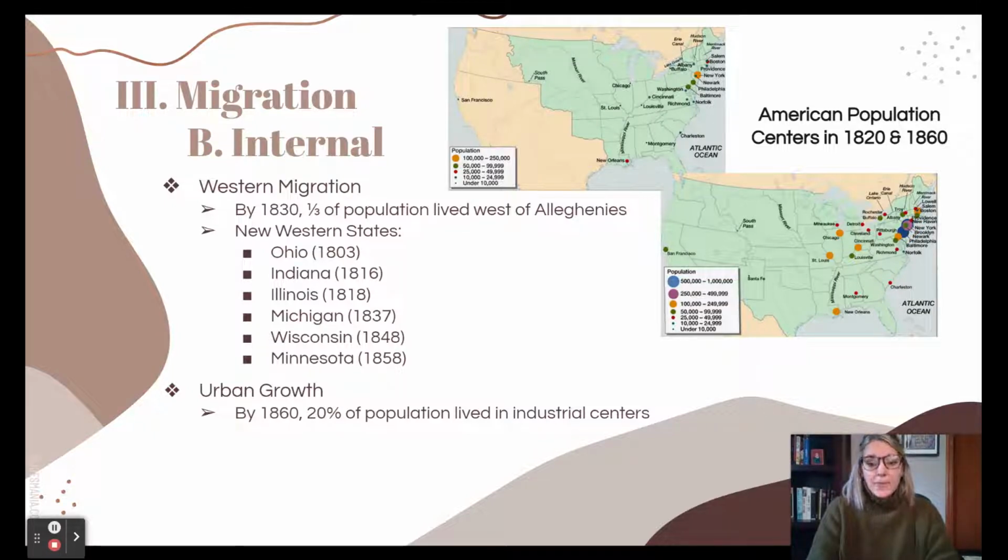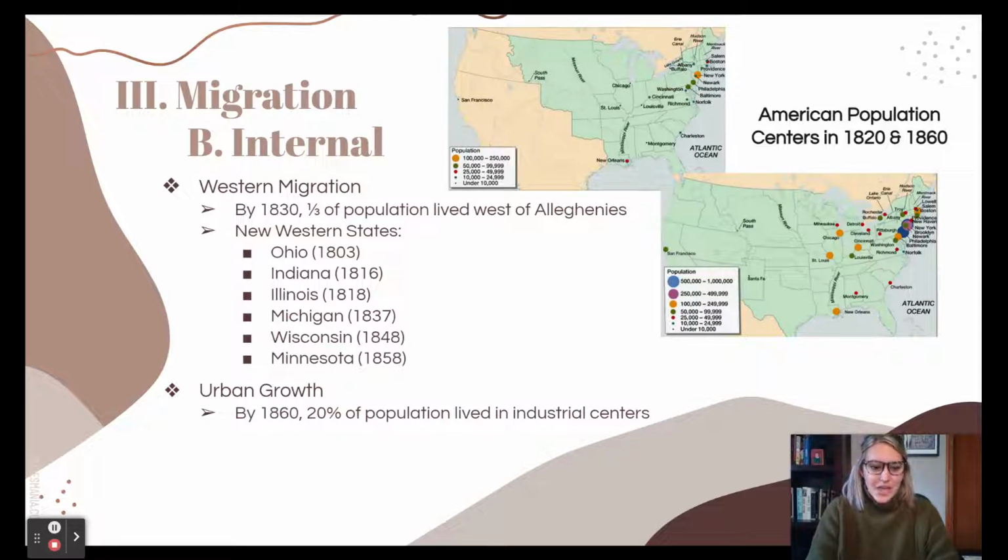There are other states as well, but these are the ones that are going to be primarily rural and agriculturally based societies. Approximately a third of the population is going to live in the area called the Louisiana Purchase in 1803. We also see urban growth rapidly increasing, but keep in mind it still is only 20%